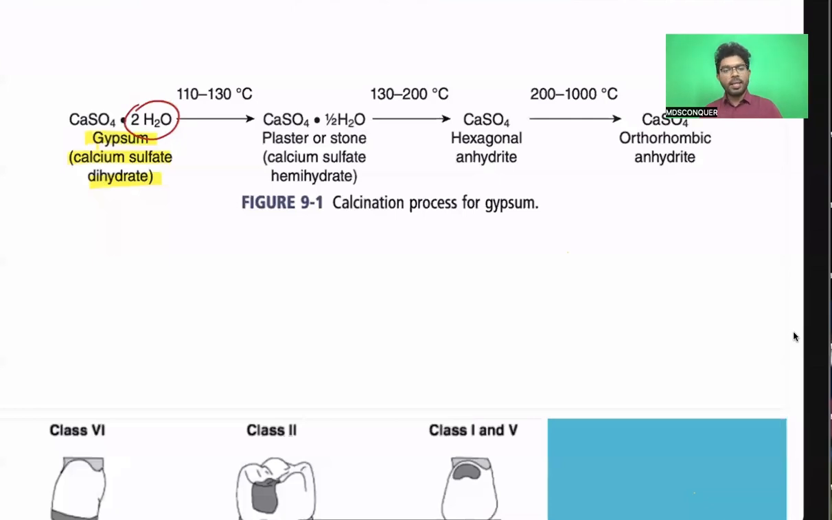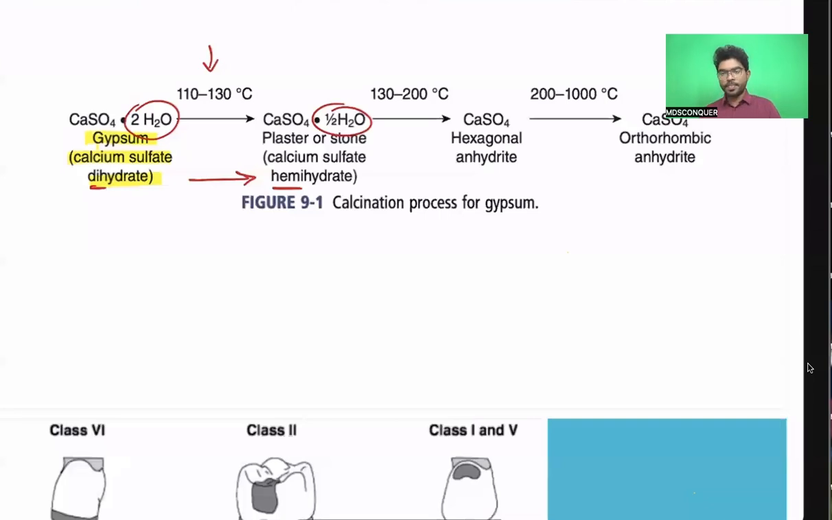So whenever you heat this at a temperature, this temperature value is very, very important, that is 110 to 130 degrees centigrade. So the dihydrate is going to convert into hemihydrate. Okay, so few molecules of water will be lost. Here you are going to have 2 H2O. Now it's going to be a half H2O. So a dihydrate is going to convert into hemihydrate whenever you heat to a temperature of 110